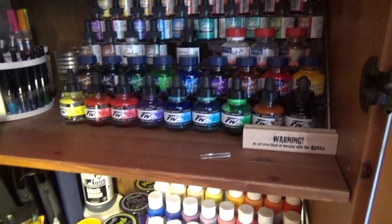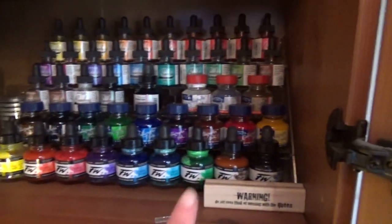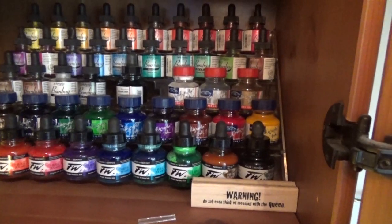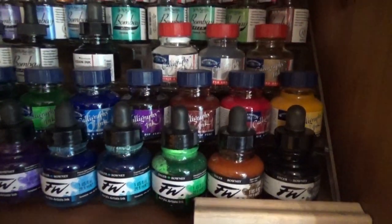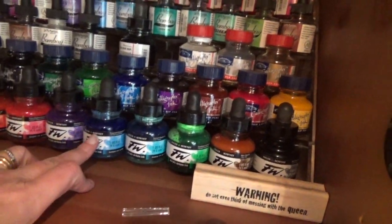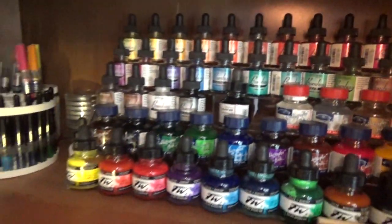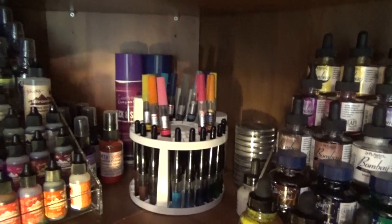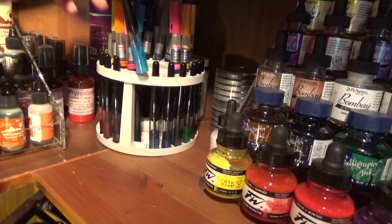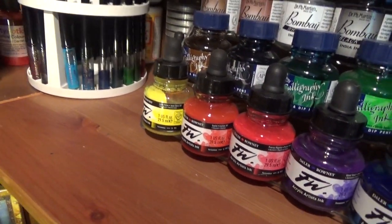Let me just move this out of the way a minute. This is ink that I used to use mainly for calligraphy. So there's the Winsor & Newton actual calligraphy ink, the Daler-Rowney stuff, and then this is Bombay ink, and there's some Indian ink and some bits and pieces. There's a bit more down there. These are all pens with ink in them. So these are drawing inks, and these are art brush